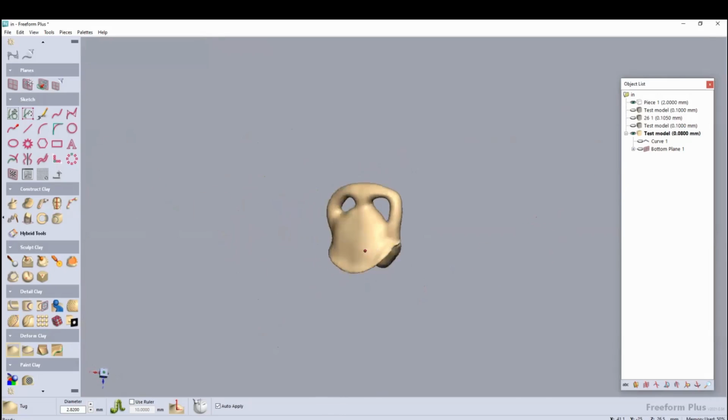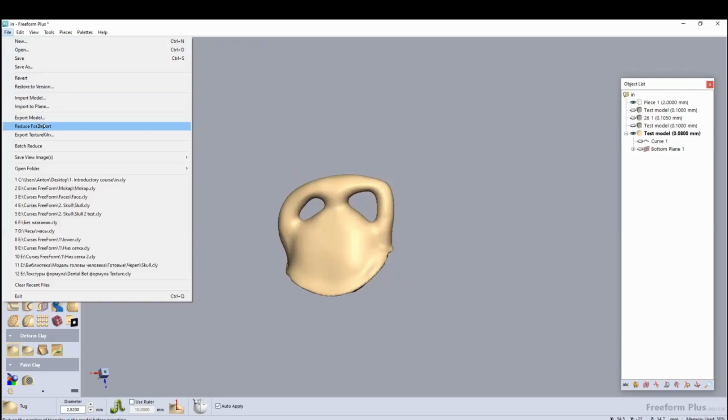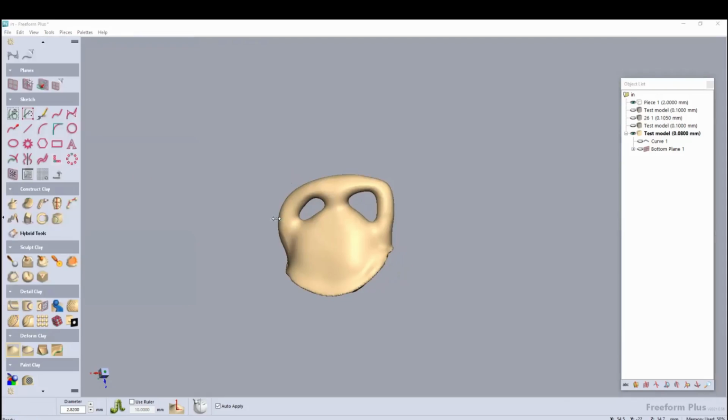And you can reduce this object without breaking the detail, without changing the detail. How can you do it? First of all, we create a simple export. We go to File in the upper left side of the menu, choose export model,